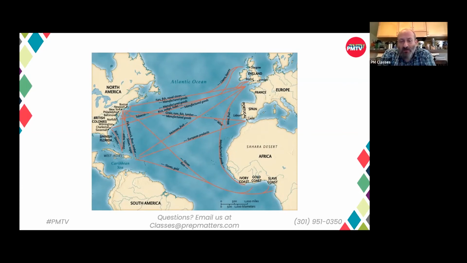Again, triangular trade, you've got the sense of the map and some of the goods, but I'll basically say, to make it simple, human slaves going from Africa to the Americas. Europe, English especially, goods going, finished products, often guns or textiles going from England to Africa, and a whole range of raw materials going from the Americas, especially North America, to England. So it might be rum, indigo, cotton, tobacco and sugar, lumber, but that's sort of this triangle.